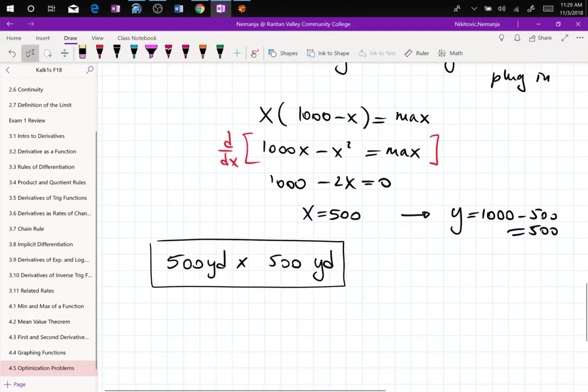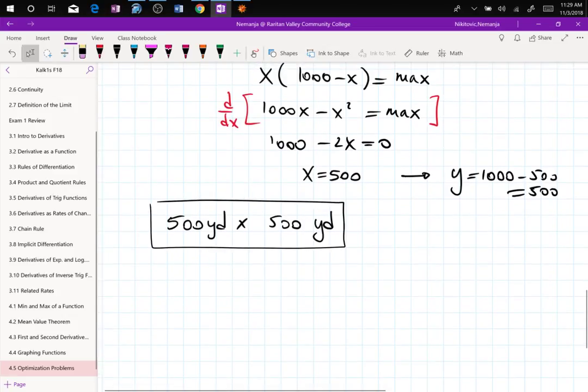So now, as we push on, we modify this problem to other things that the farmer might run into. And that is